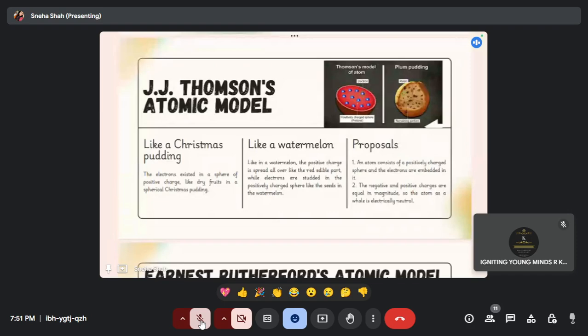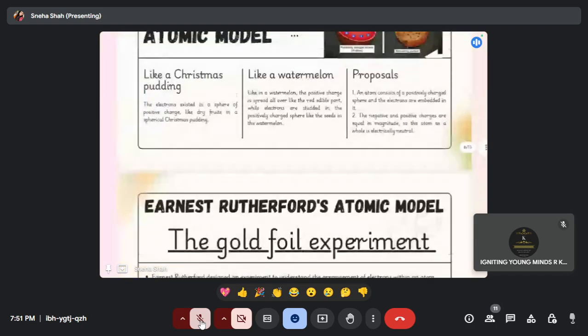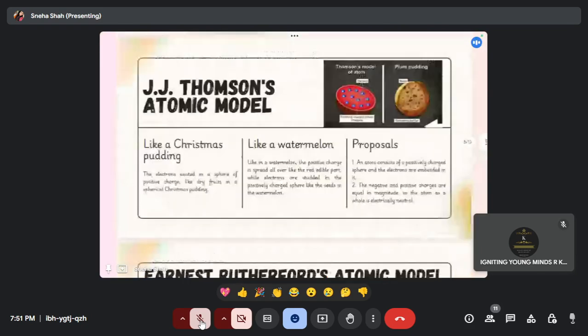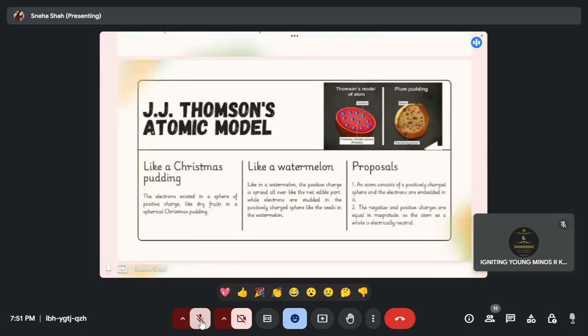What he did was he chose alpha particles. Now, what are alpha particles? Alpha particles are basically the particles that radiate out of helium atom. Helium, as you know, is an inert gas. It is a radiating gas, so it gives out radiations which have a very heavy mass, and they